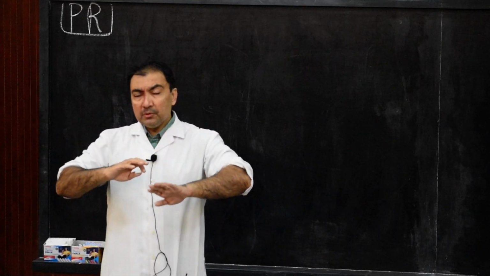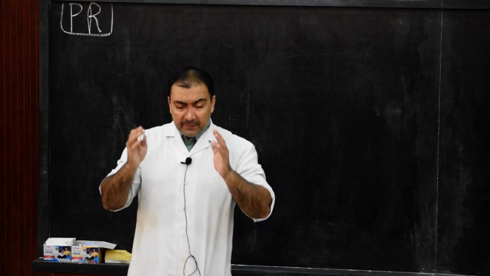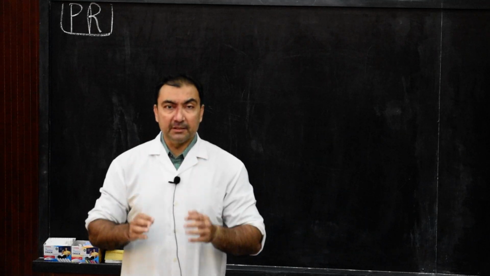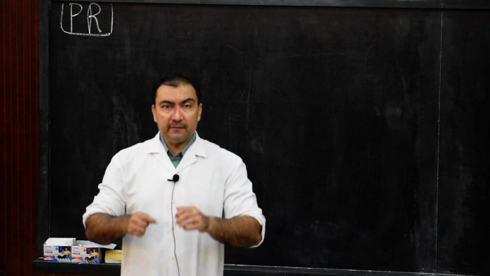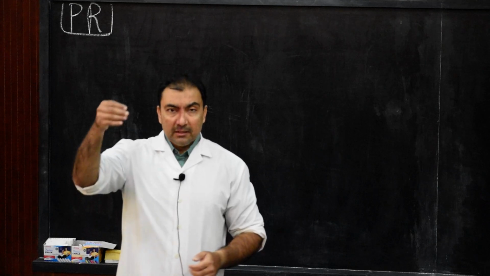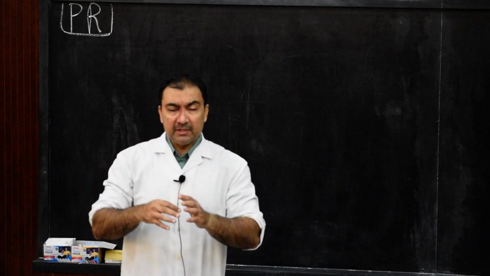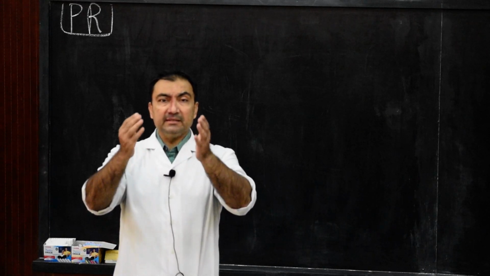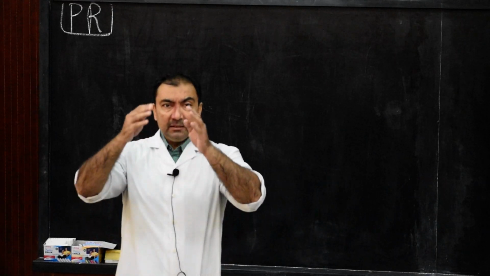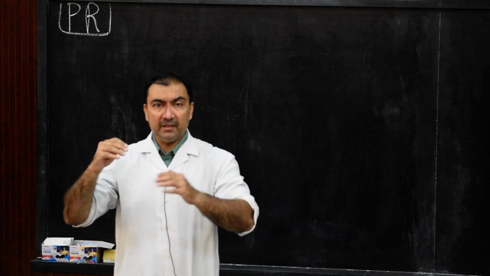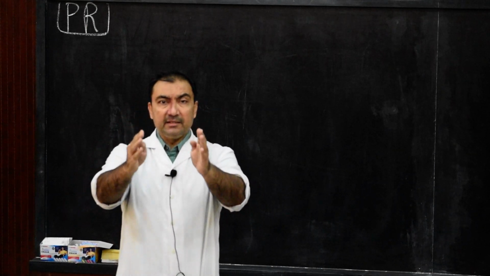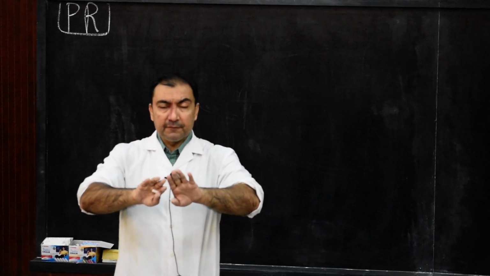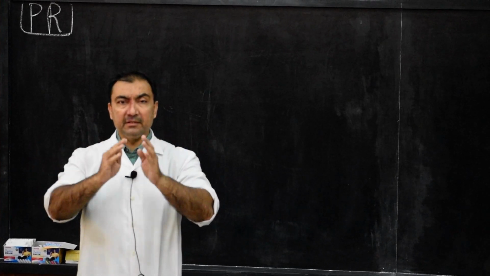Then we come down to deep fascia. In the pectoral region, the deep fascia consists of the pectoral fascia. This pectoral fascia will cover pectoralis major muscle. Below, it will continue down and it will enclose another muscle which is known as latissimus dorsi. And the same pectoral fascia will continue in the axilla as axillary fascia. So these are the important features after the removal of the skin during dissection.